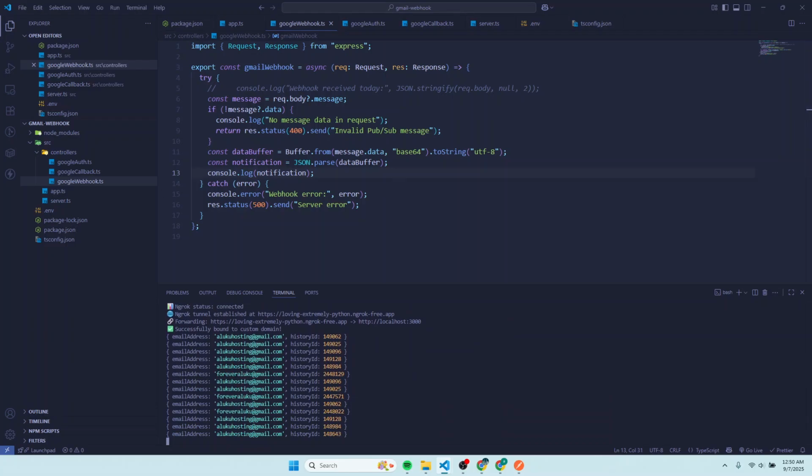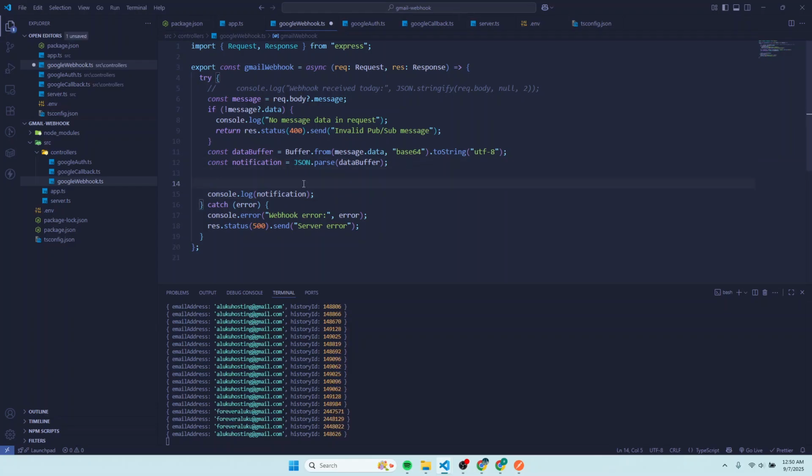Then after that, when an email is sent to your Gmail account, it's going to send the previous ID, and it's going to send the current ID. So within those two IDs is where our message is going to lie. So we need to get that message, and it's a very long kind of code. So what I've done is that I'm going to temporarily create